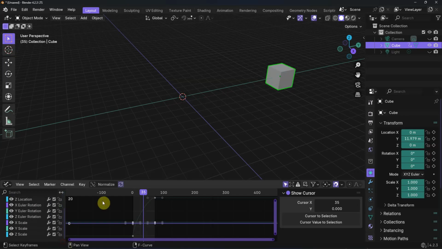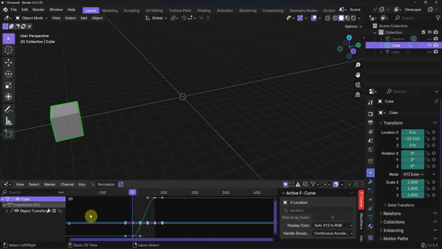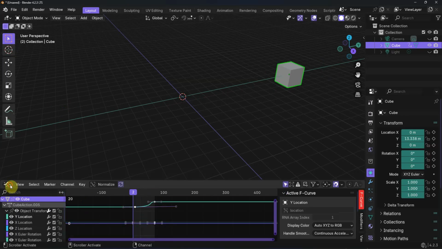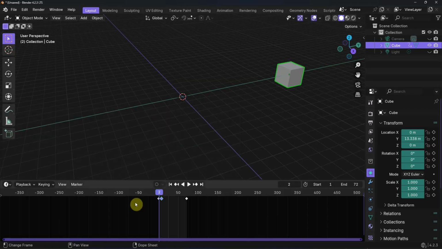Okay, so at the moment it's not working. I do not know why, but normally, let's start this one again. So go to the timeline, delete all, and then just press